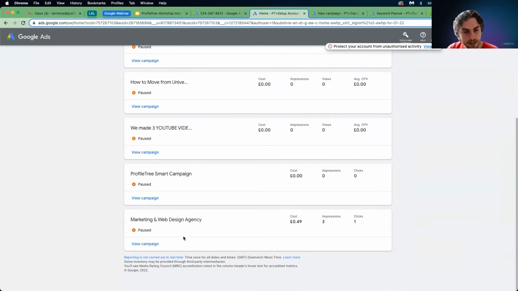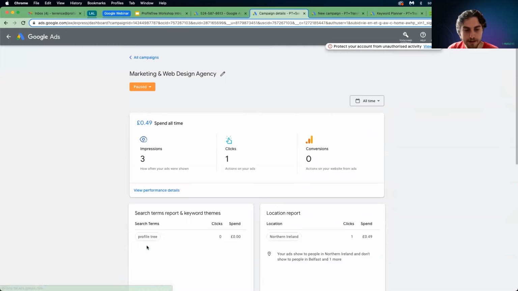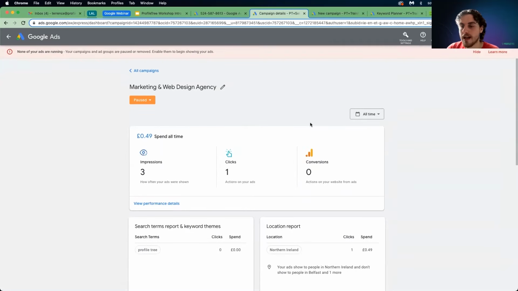So if we go down here to this campaign and we view the campaign, okay, this is how we would go about optimizing a specific campaign. So what do we see first? Well, we see that we've spent just under £50 on this campaign, and that's brought in 3 impressions. Impressions are every time someone sees your ad. So someone would have searched something, our ad would have been shown, that's an impression. You do not pay for impressions, you only pay for clicks. So out of those 3 impressions, we had 1 person click,